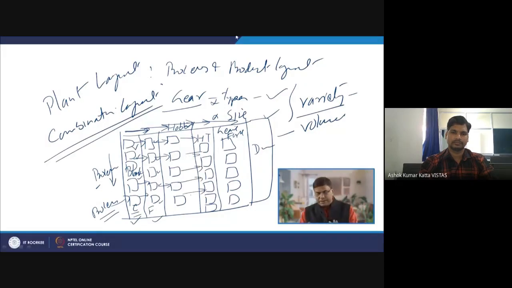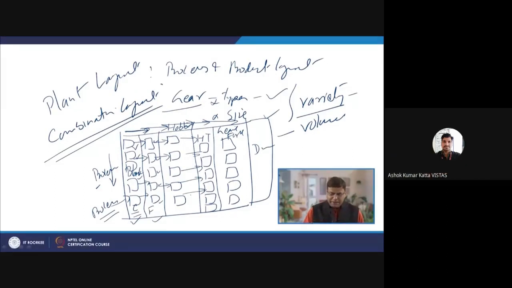So this is the kind of setup which combines the features of both the process layout and the product layout, and this arrangement will help in dealing with the production of a variety of jobs and moderate volume. So this is the typical feature of the